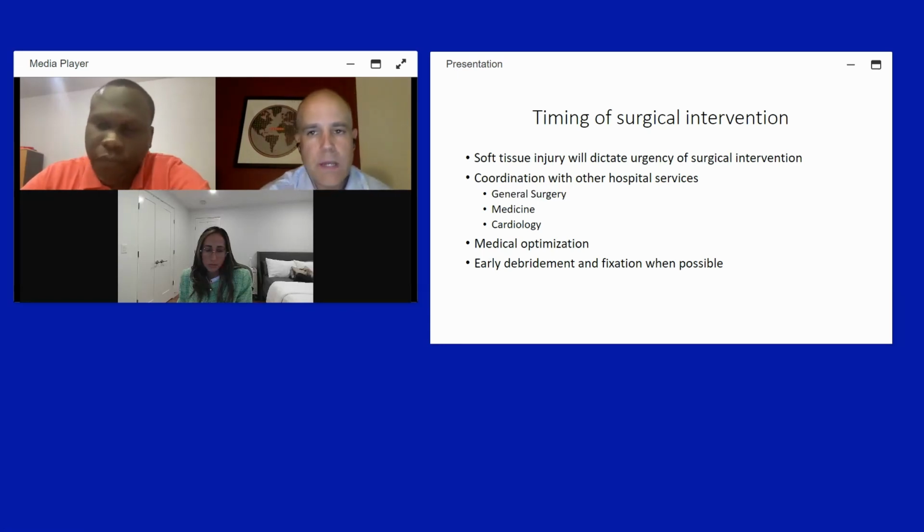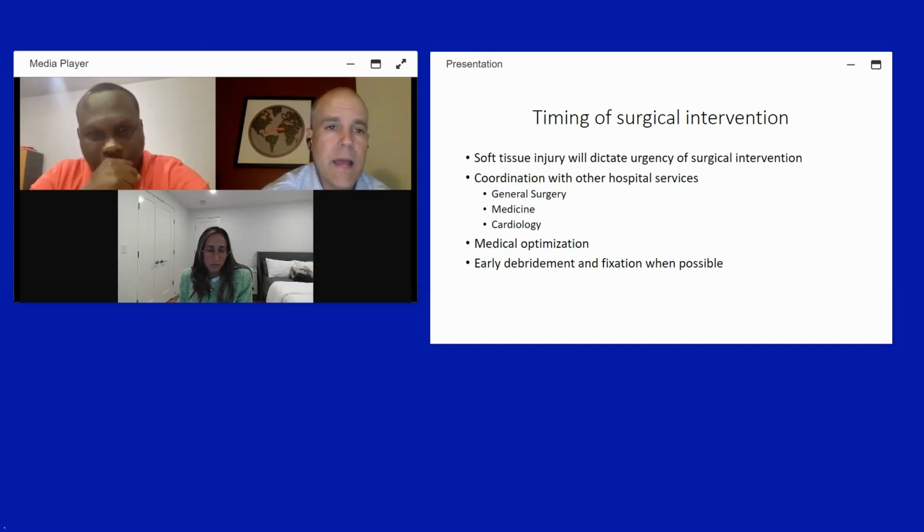The other thing too is, as we're talking about the higher number of elderly patients that we see that have these injuries, it requires coordination of care. General surgery for our trauma patients, the ones that are severely injured, but also medicine, cardiology, nephrology, trying to coordinate all of these services to make sure that the patients are optimized prior to going to the operating room. I know it's an open injury, and sometimes we have a one-track mind with getting things taken care of, but looking at the patient as a whole, I think is